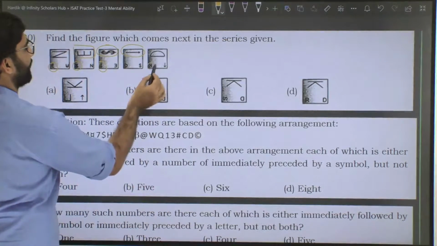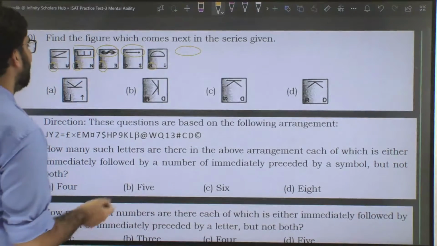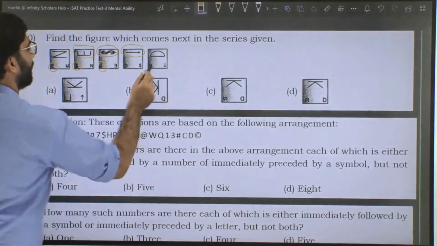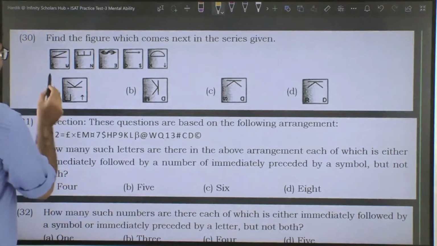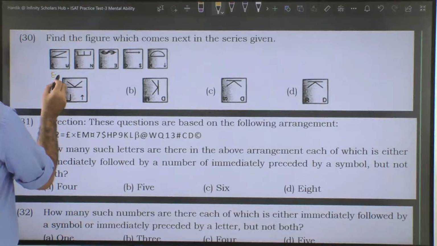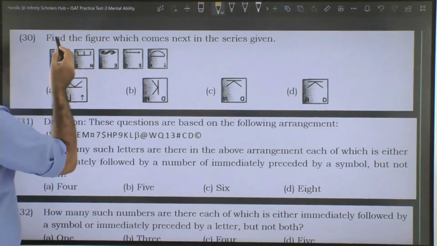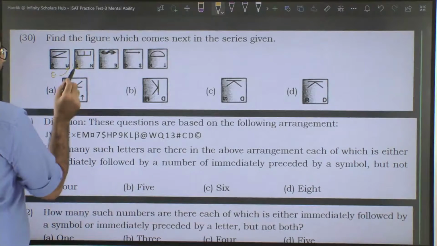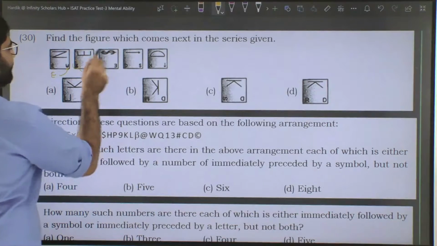So definitely this K is going to be at the top in the next figure. So fine, in all the figures we have K at the top. So let's see how the K will look like. That will give us the answer of this question. So if you see E is written this way, and it has been rotated by 90 degrees in the anti-clockwise direction. So whatever is over here, you can see that it is getting rotated by 90 degrees. If you see this also, it is getting rotated by 90 degrees in the next figure.